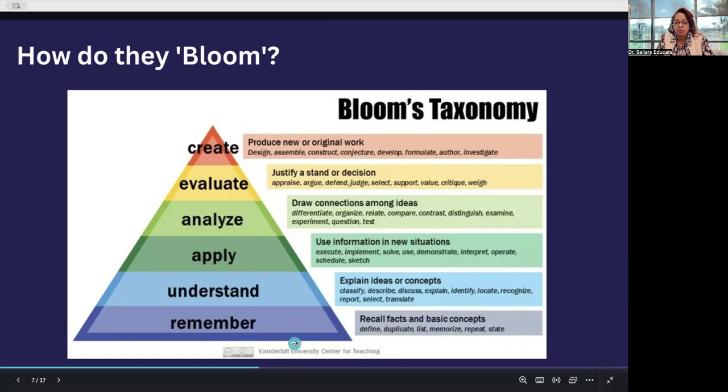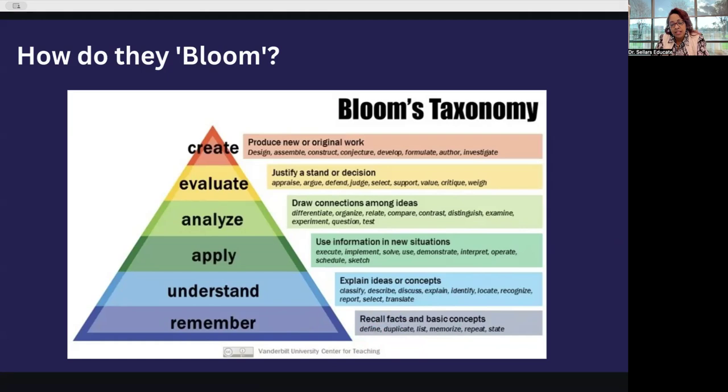You can see this is the Vanderbilt model. We like this one, so this is why we're sharing it. They allow educators to use it. You don't have to have permission from them, which is great. And then the second step I want you to take just for today is to write down the definition. When you become more advanced on your journey, then you want to write down the verbs. You want to map them to learning objectives, your teaching strategies, your evaluation strategies. But just for today, we only want you to include content using your triangle that has the 6 verbs on each level and the definition.